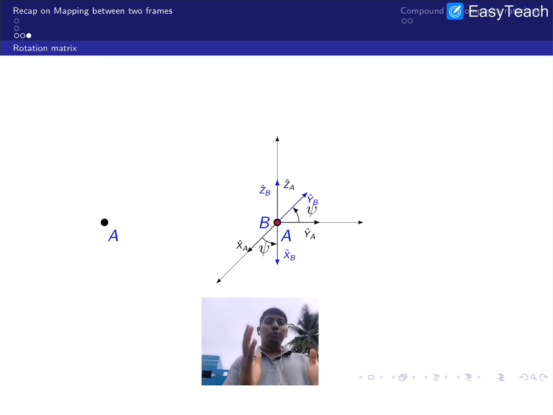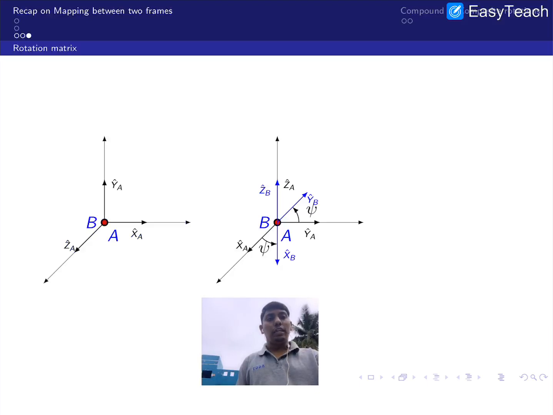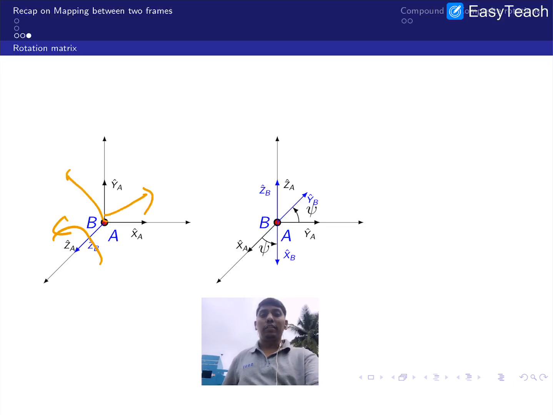Since the view is not really clear, I am bringing it in the same way what we did earlier. So in the sense I am bringing the z axis here, it is pointing outward of this iPad, and this x and y are aligned with the right and upward direction of the iPad. So you can see that now I am trying to rotate ZB cap with respect to ZB cap. Now it is rotating like this. So this angle I call psi.